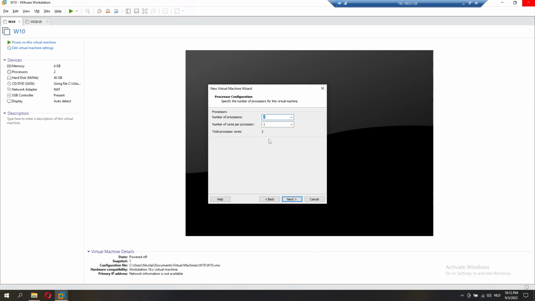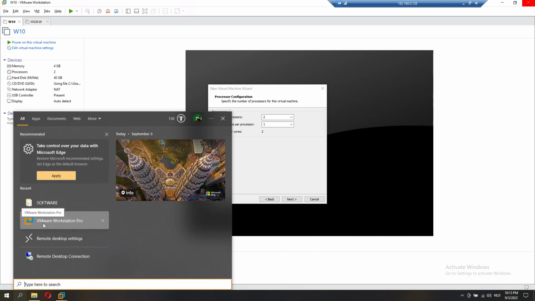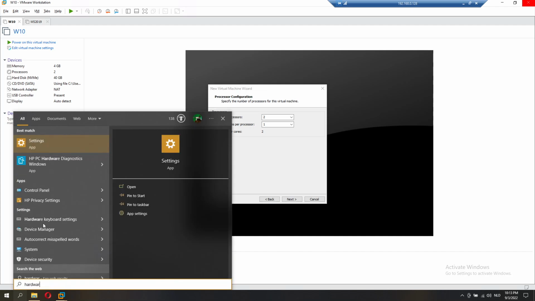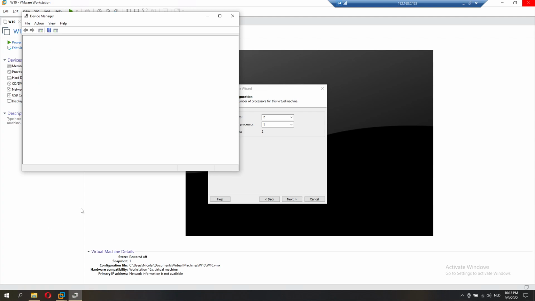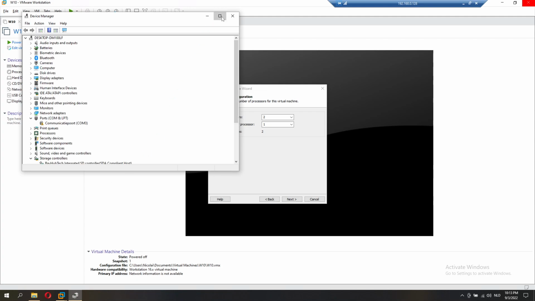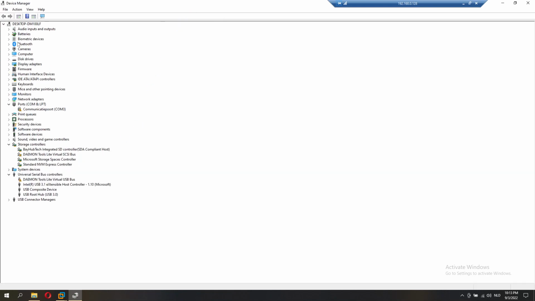Number of processors: you have to check what kind of hardware you have, how many cores your processor has, how much RAM you have, how much space you have on your disk. Can I show it to you? I think I can. With the device manager, yeah, it will work as well. Okay, for instance,